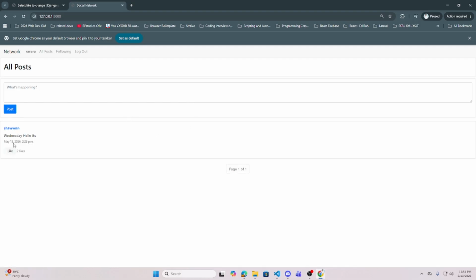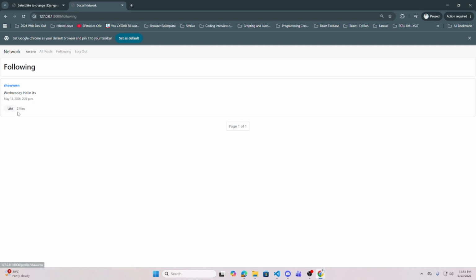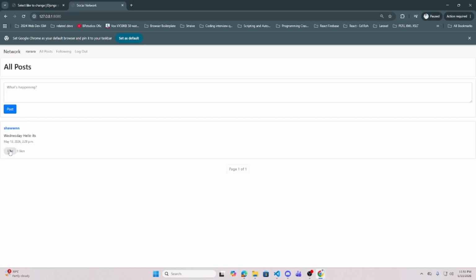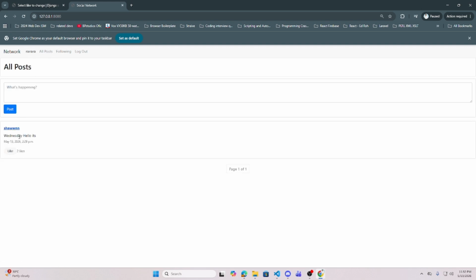So right now, our index, as well as when we go inside Sean, right now, the same pattern for our postcard. When we go to our following, the same pattern goes in. Let's see if when we like this one, the like button persists in the others. Here, likes, and all posts inside here, unlike. Oh, so unlike is not being cleared.